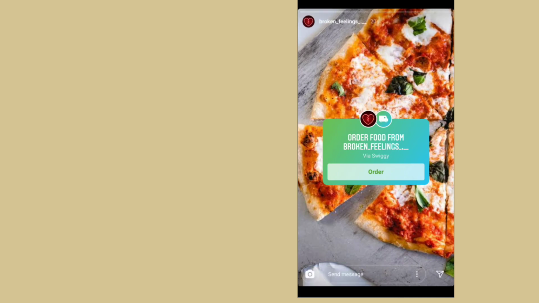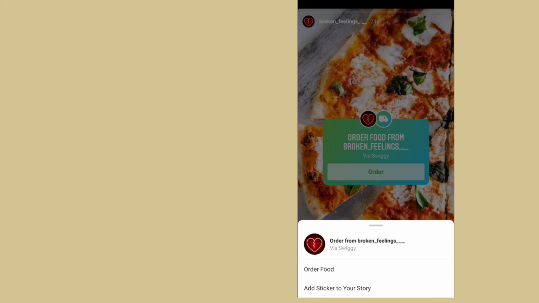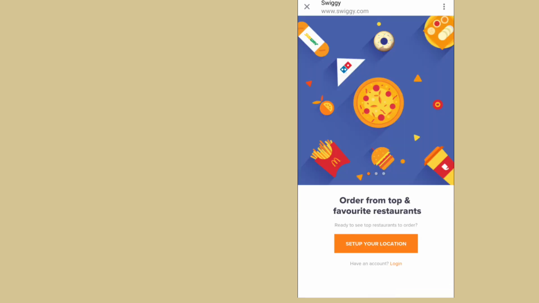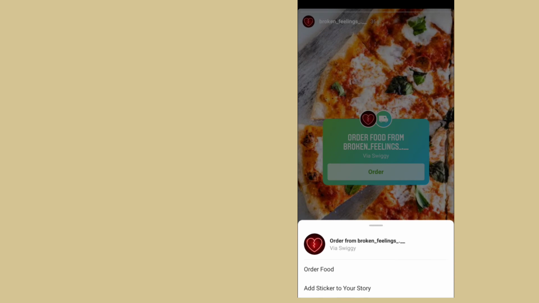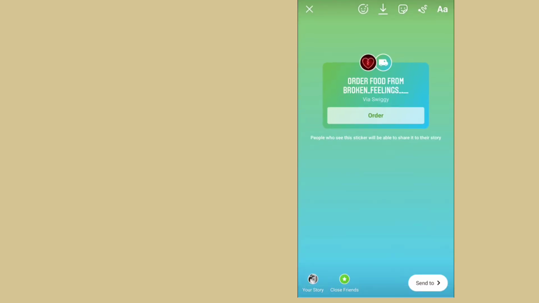So if I click on order, you will see the option as order food and add sticker to your story. So if you click on order food, this website will open. So if you click on add sticker, this will be added to your Instagram story. So this is how this